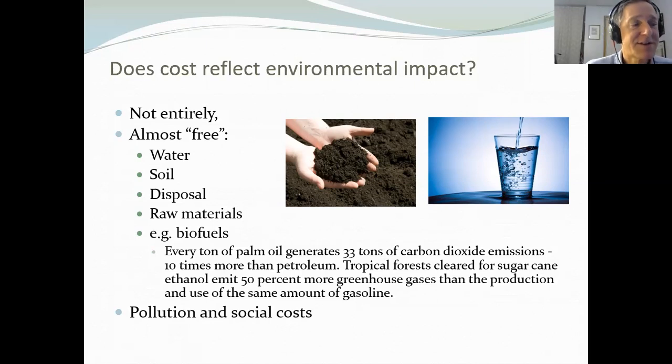All right, and the same is true for soil. Okay, soil was there. It gets depleted. You get runoff. So there's a slow, maybe degradation of soil because we don't really have river flooding systems like we used to and all that. But soil is basically free. For many people, water's free. Not for everyone, but for many people. If you have a well, but you're paying for electricity and then embodied energy, putting a well in there and all that stuff. And then disposal, well, that may be free, it may not be.